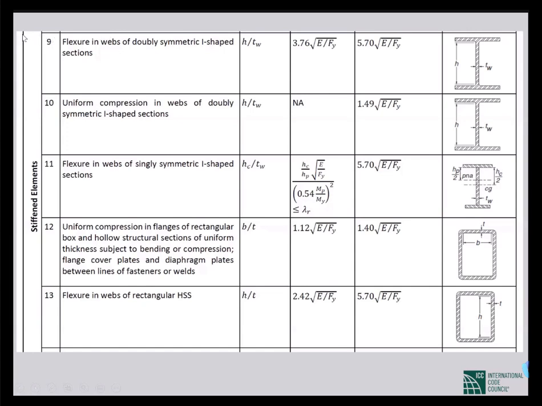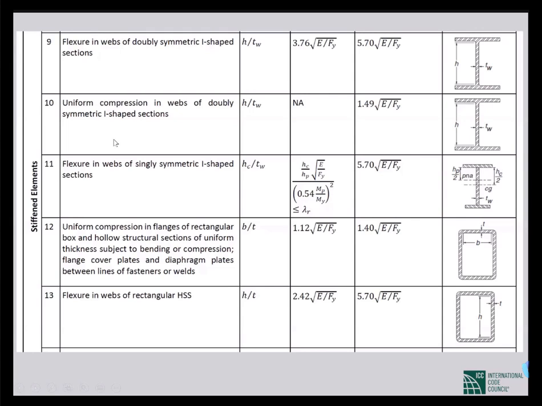That would demarcate stiffened elements from the unstiffened elements. So in this table, items 1 to 8 are actually unstiffened elements, and item numbers 9 to the rest are stiffened elements. So this is a mistake in BNBC 2020. The top margin of cell 9 should have been continued all through.